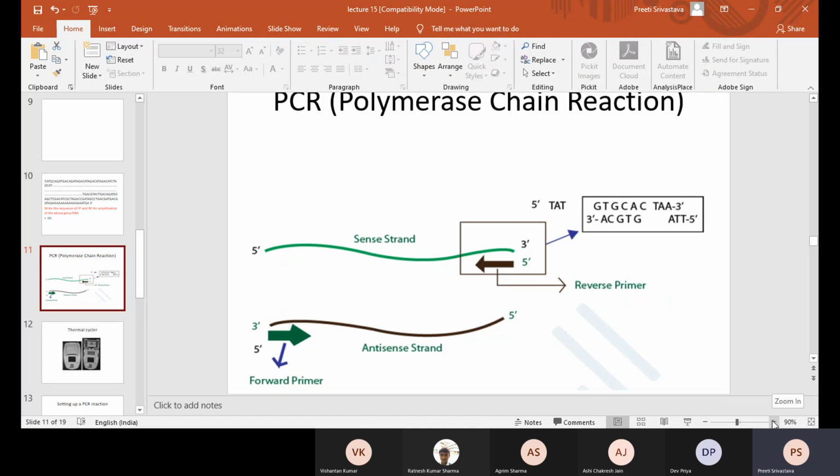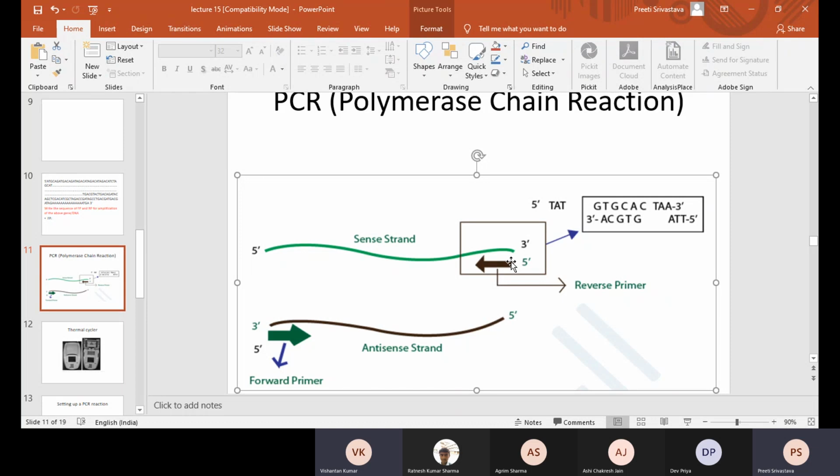This will be complementary to the black sequence, but see that, the sense strand and the anti-sense strand, right? So the black primer is actually the reverse primer. The black one is going to amplify the sense strand. It's going to be the anti-sense strand from 5 prime to 3 prime.